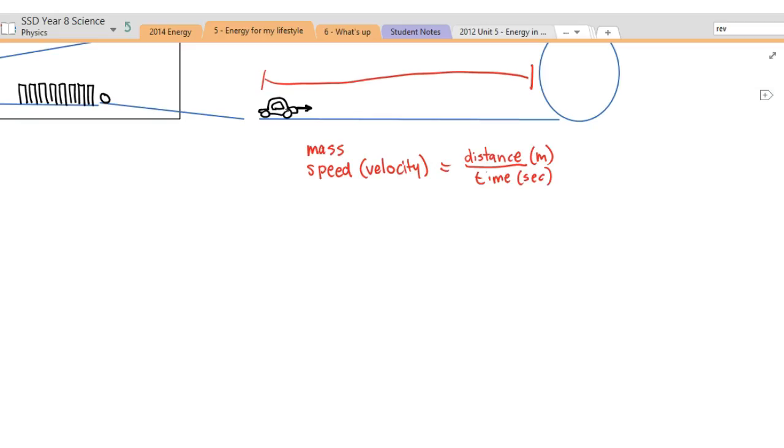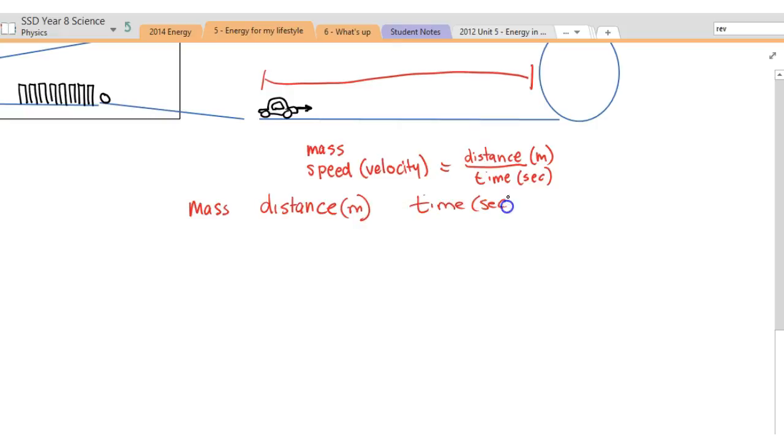Now, in order to make sure you record these things, you're going to have to draw up a table for your group, and this table is going to be shared around all of you. Now, for each one of these, what we call variables, things that can change here, we need to actually put them into their own column of a table. So make sure that you make a column for each one of these here: the mass, the distance, because that's what we're actually going to be measuring here, the time,